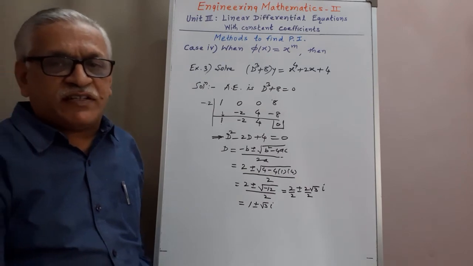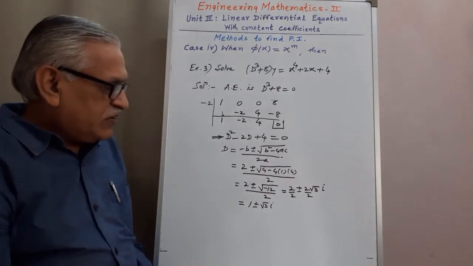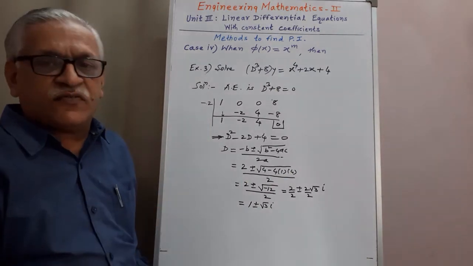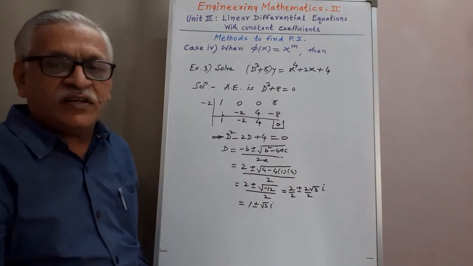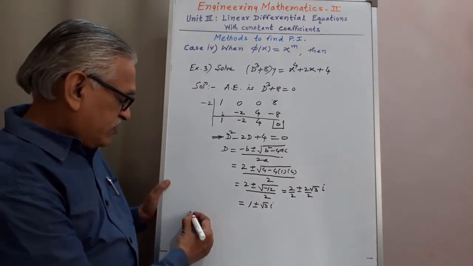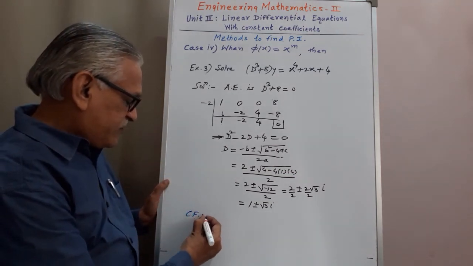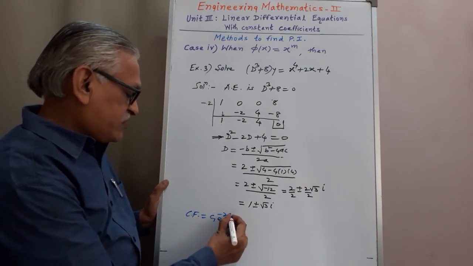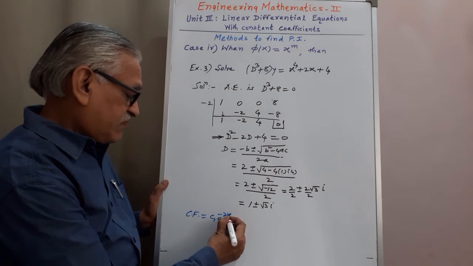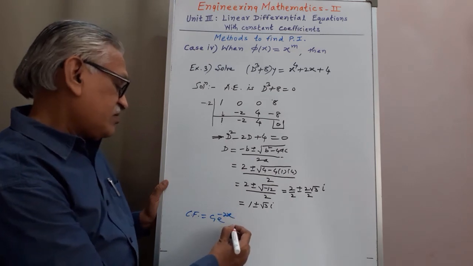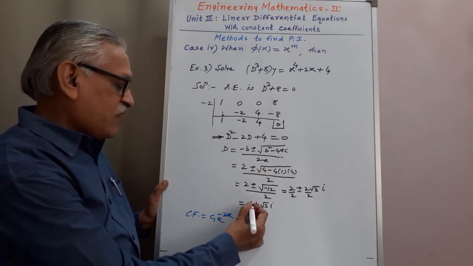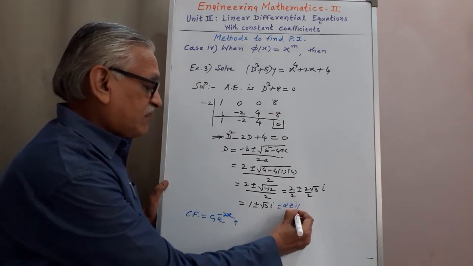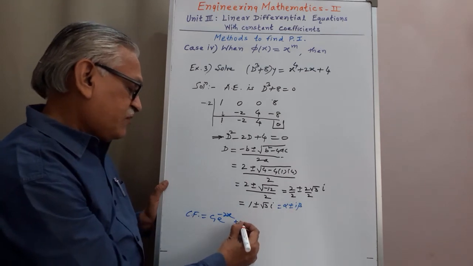The remaining two roots are imaginary roots. Therefore, taking a combination of those two types of roots, the first one is real and different, and the remaining two are imaginary. Combining those two cases, we get CF equals C1 e raised to minus 2x plus e raised to alpha x. Here alpha is 1, therefore e raised to x,